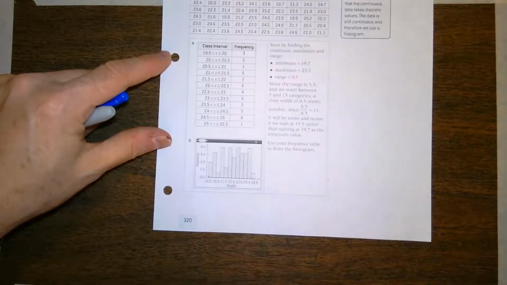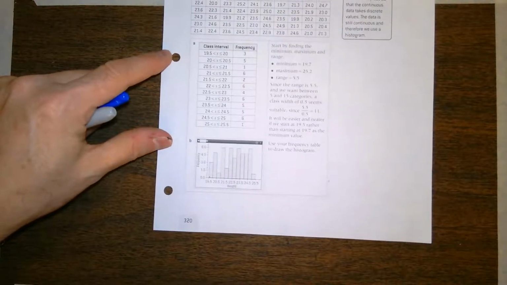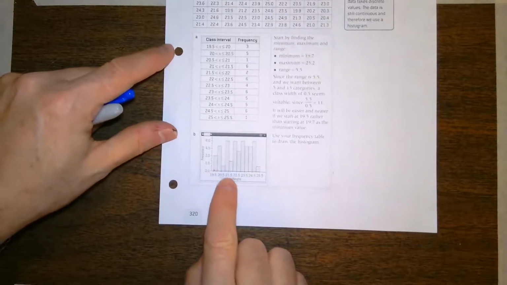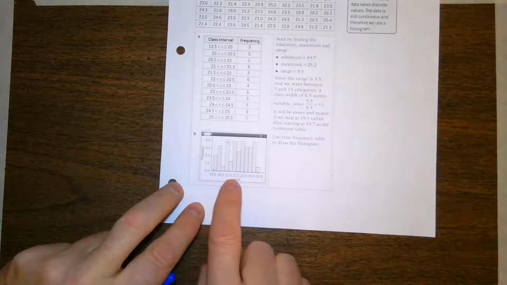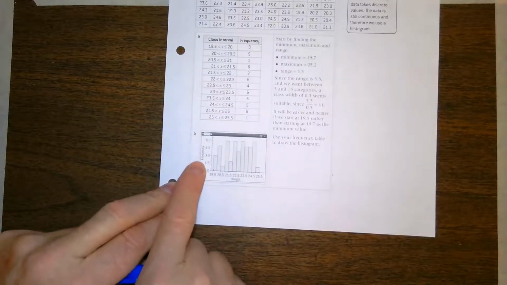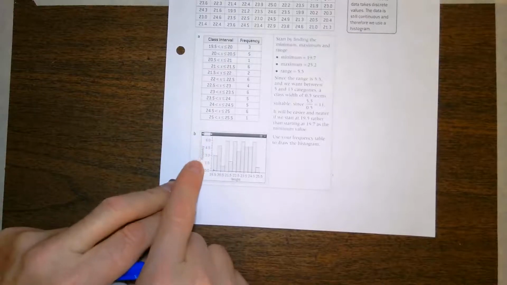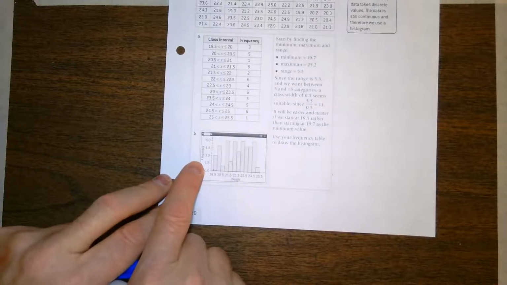histogram here. All right, I'm going to zoom in a little bit so I can talk about this. And it won't let me zoom in. I didn't know that. Oh dear. So I apologize. Taking a look at this, at the bottom here, I've got all of the different class weights from my intervals. Here I've got the frequency, the number of chicks, 0, 1.5, 3, 4.5, 6. I really don't like the way they did the frequency. 1.5 doesn't make sense. Could you have 1.5 chicks that weigh that much? No. I think the data here should be 0, 1, 2, 3, 4, 5, and 6, because the biggest frequency